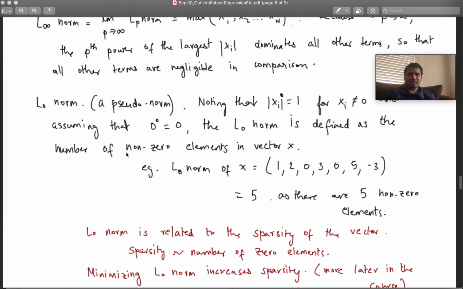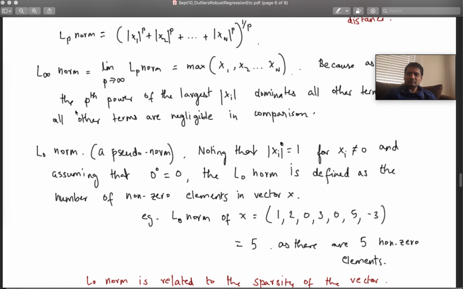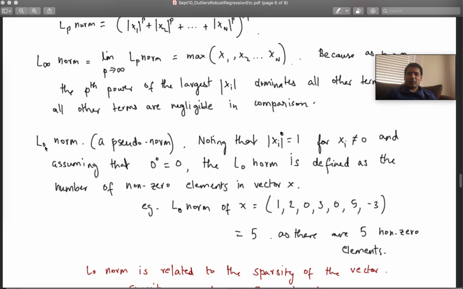There are 5 non-zero elements, and it turns out that the L0 norm is basically how many non-zero elements you have in your vector. It turns out that in machine learning, people use all these things. This is the most common one, mean squared error, that you try to minimize. This one we try to minimize when we feel like there are lots of outliers, or very large outliers perhaps. Things related to the L infinity norm are used in robust control, sort of advanced control theory. Not exactly the L infinity norm, but something related to it. And then the L0 norm is also used in machine learning,